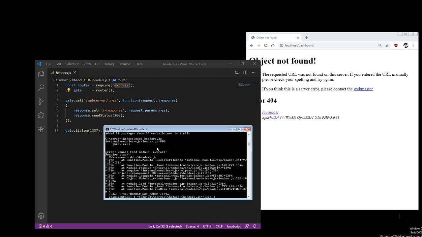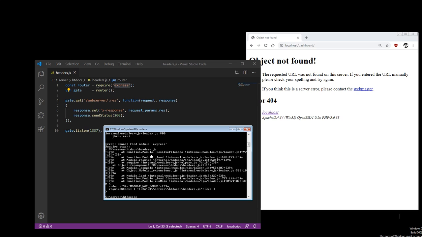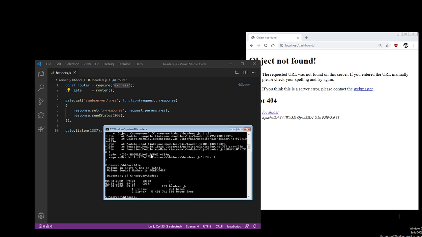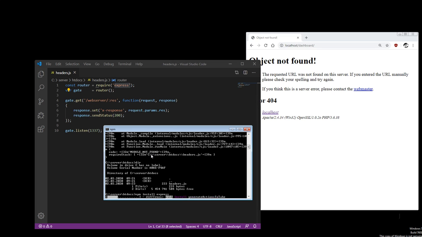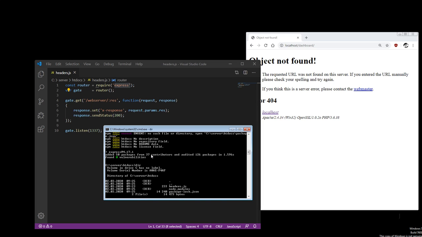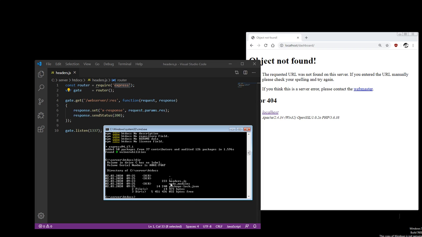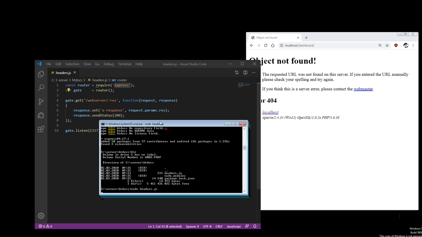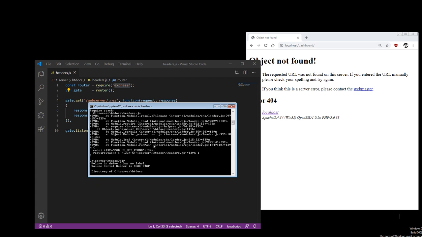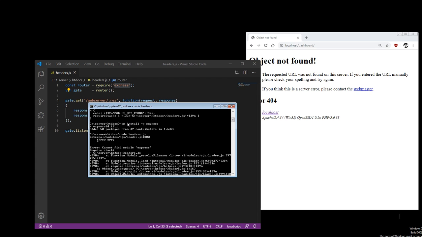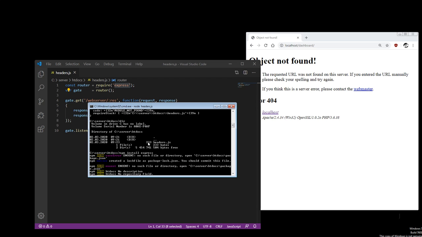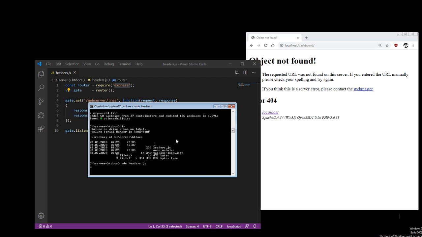I cannot find the module. Oh, right, so I installed it in the wrong directory. Did I? No, npm install. Maybe that didn't work the first time. Oh, okay, there it is now. So it's inside the Node module, so now it should work. Yep, so there we go. The first time I ran it with the G parameter, so it probably installed it in different directories. Usually that's supposed to work. Anyways, so now the